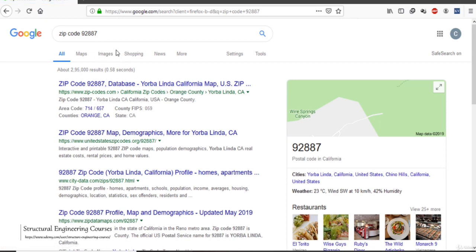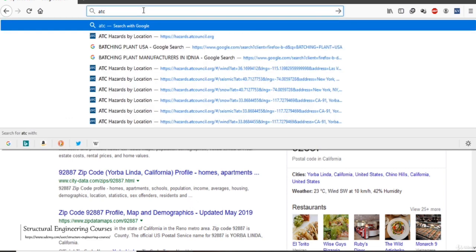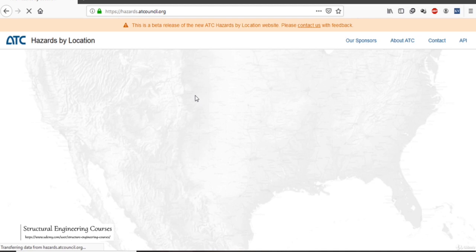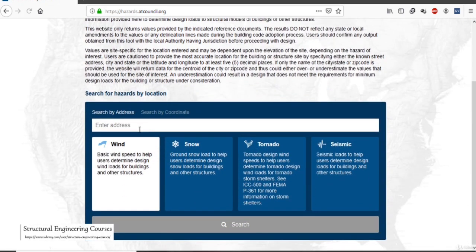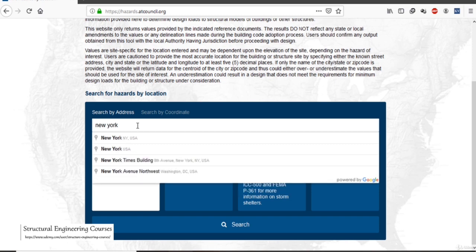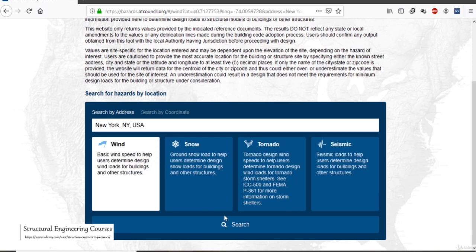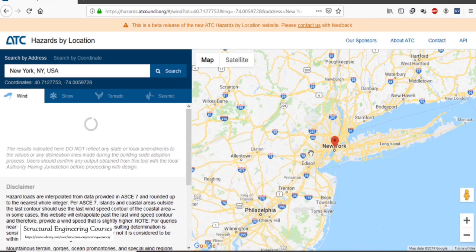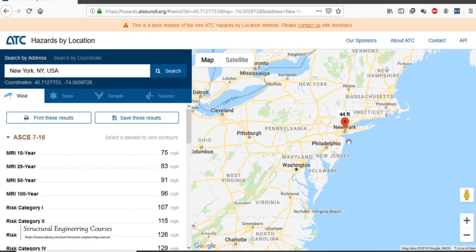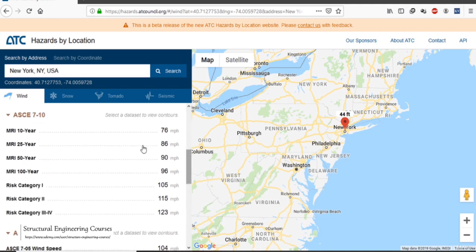So what if we want to do the design for New York City? We can go to the ATC Hazards Council, hazards.atccouncil.org. Here we can search by address. Let us say we want to search for New York City. For New York, this is the location over which New York is situated, and as per ASCE 7-10,